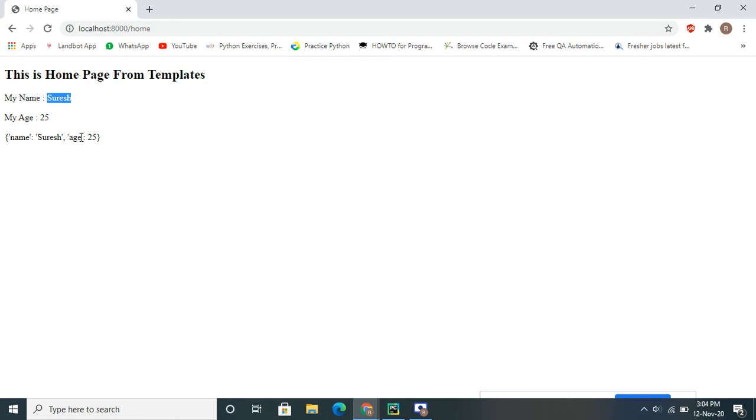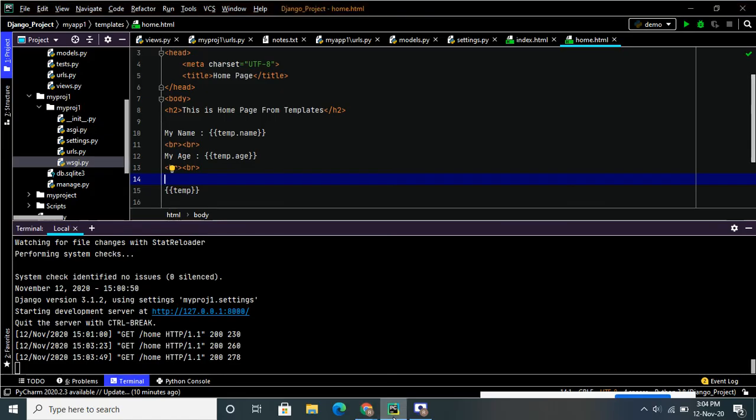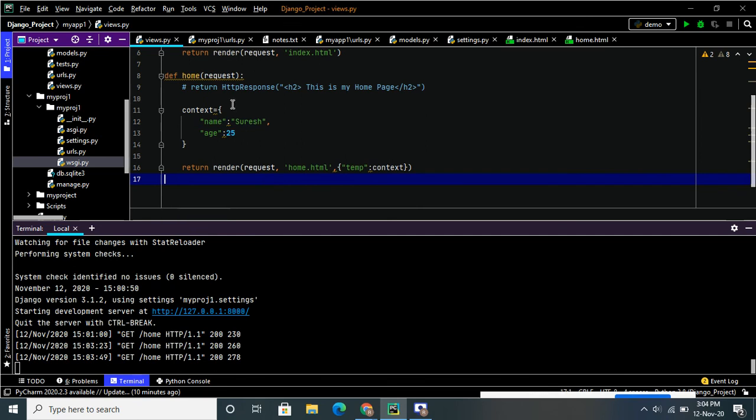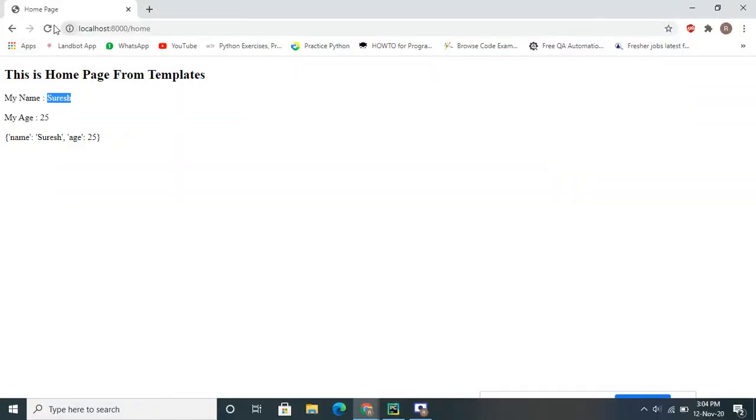Let's say I will change it dynamically, meaning how the content will be changed dynamically. I will change it in the Python script, not in the HTML script. That's why it's called a dynamic language. Now I will change something, the name here. You can observe here that I changed the content in the Python script, not in HTML, so automatically the content is changing by itself.